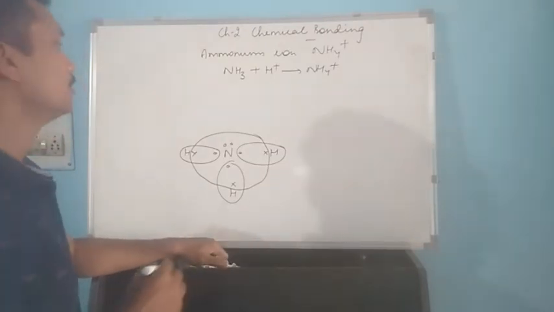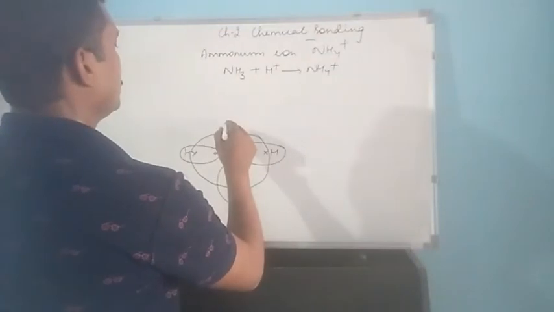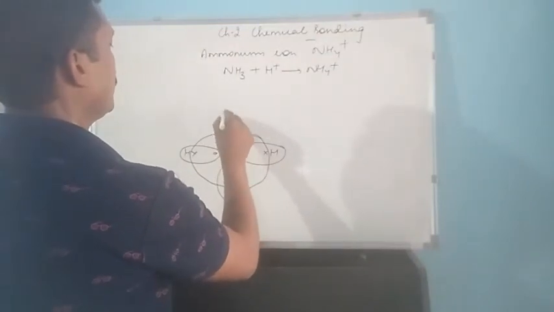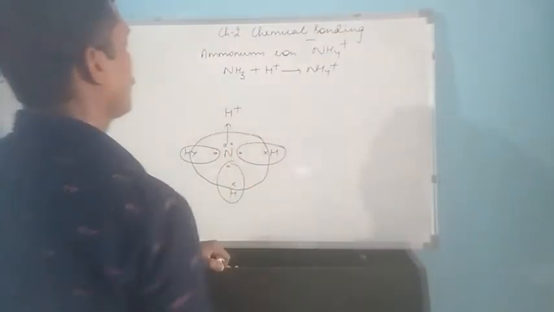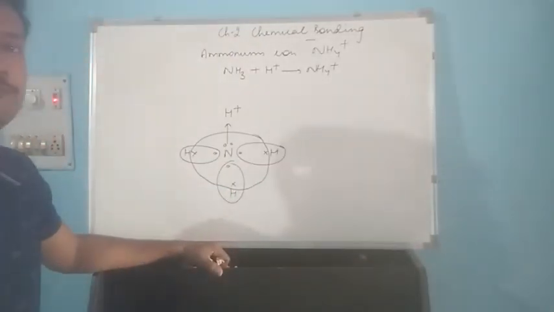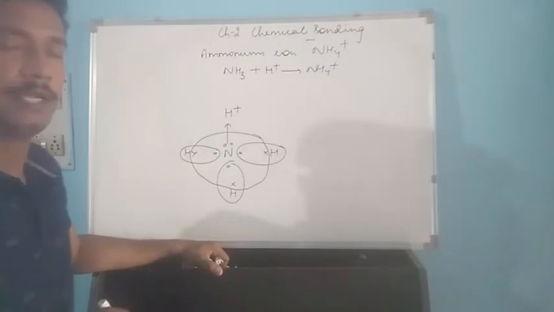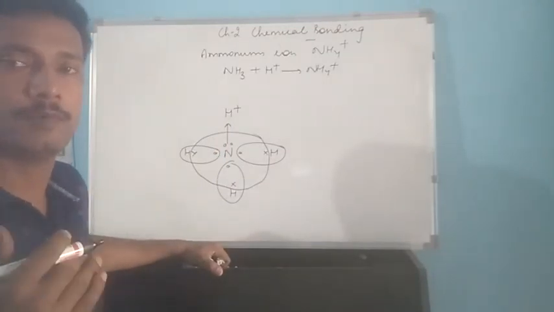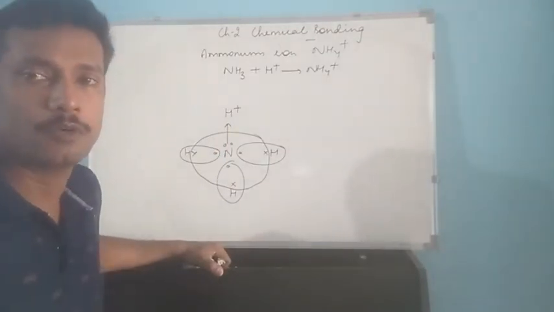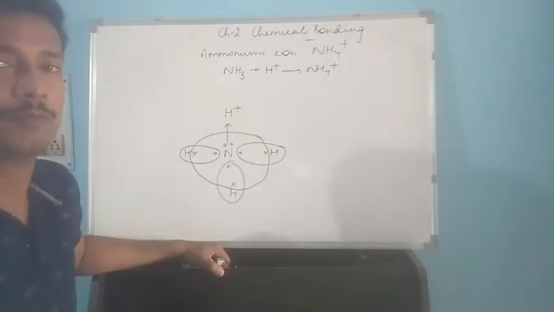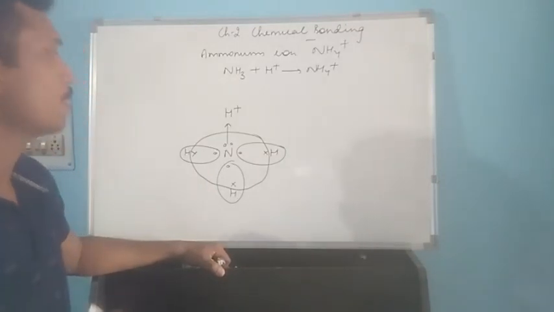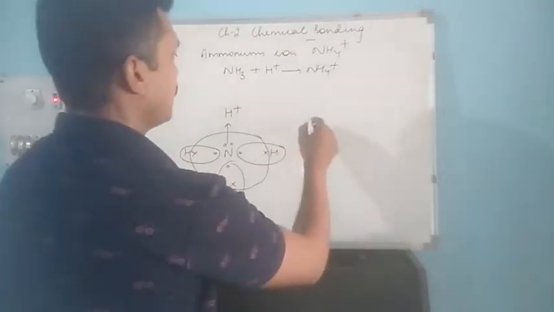So as a result, this will be given entirely to hydrogen ion. This is given entirely to hydrogen ion because hydrogen ion has shortage of 2 electrons. It requires 2 electrons to complete its duplet, and this can be further written as,